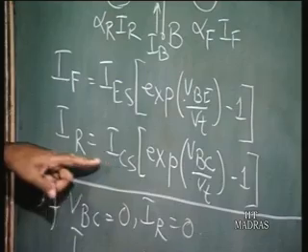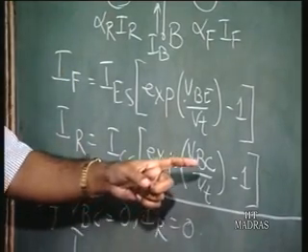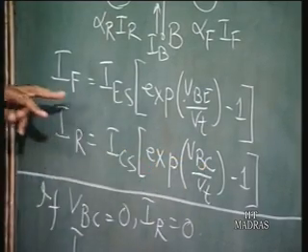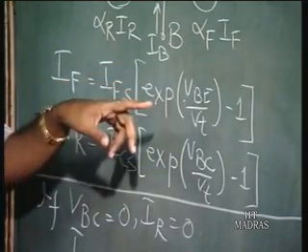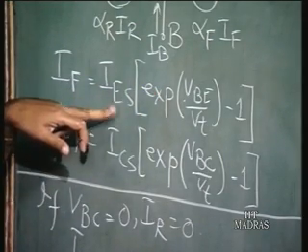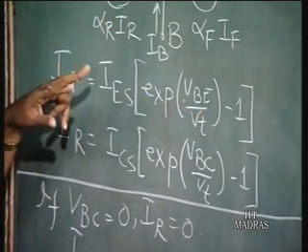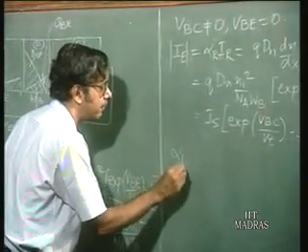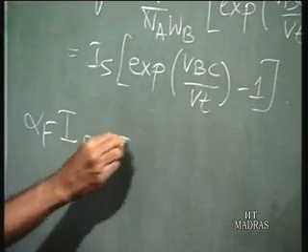If you replace IR there with ICS exponential VBC by VT minus 1, and similarly, you have alpha f IF is equal to IS exponential VBE by VT minus 1. If you again replace IF with IES exponential VBE by VT minus 1, what do you get? You will get alpha f IES will be equal to